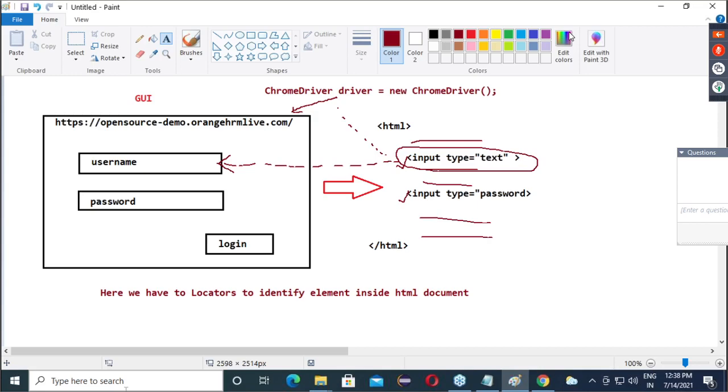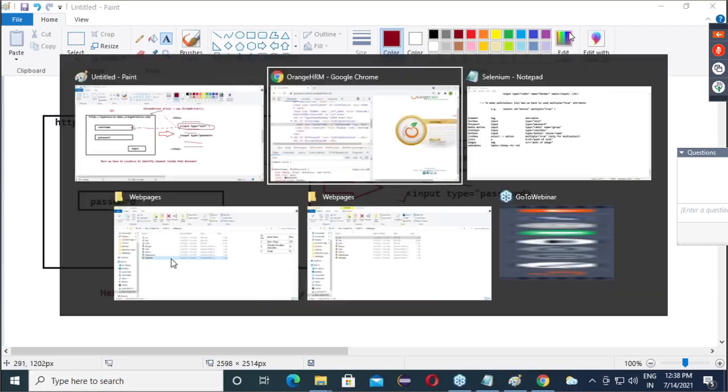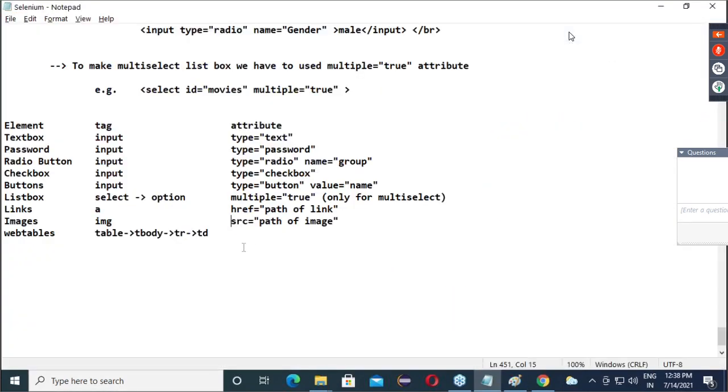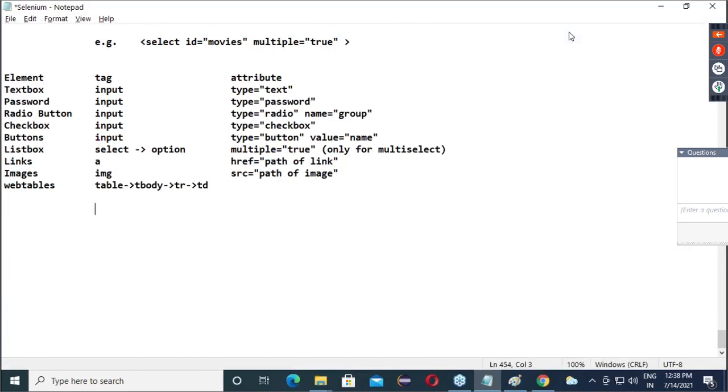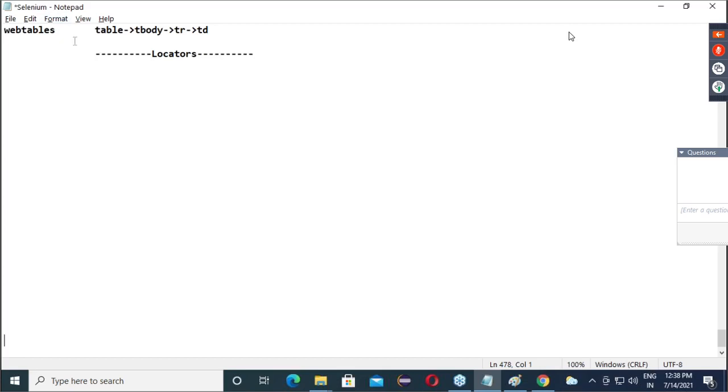Now guys, observe here neatly. Here I will give the heading as locators. Now pay attention here. Don't copy anything, just pay attention to the concept.